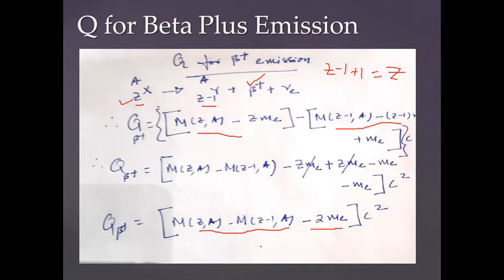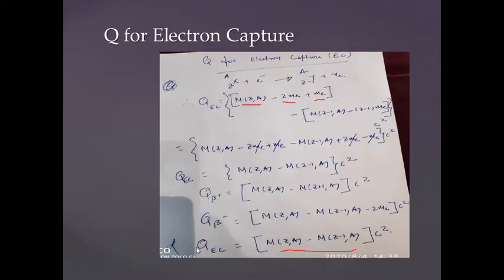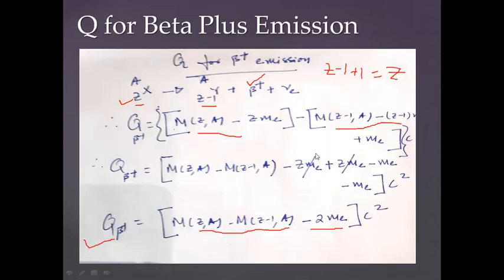So now the question is, if the daughter is same, there are two questions here arising. Which is the route which the nucleus will prefer? Will it prefer a positron emission, or will it prefer an electron capture? So the question is, which one will it prefer? This is the electron capture, where there is no positron emission, while here there is a positron emission. But the important thing here is that the daughter is the same.